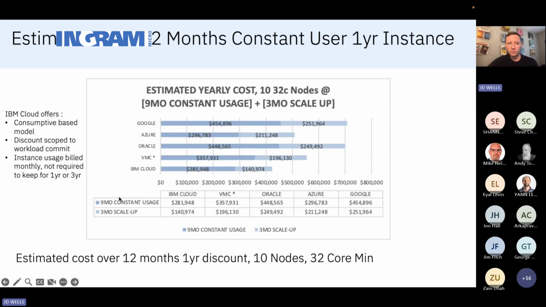You can also see what the cost is in that 9-month period of time to do a comparison against the other options, and the 3-month scale up. What's unique also about IBM Cloud is our discount model is not scoped to a particular instance and license. It's really committed consumption. So customers can take advantage of both